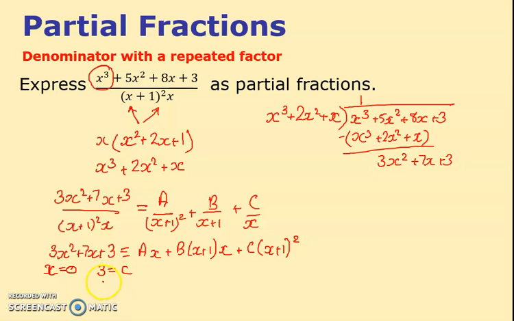Well, that was easy. If I say x is minus 1, then on the left hand side, I'll just put in my calculator. I get minus 1 equals, and on this side everything disappears apart from I get minus a. So a equals 1, and I'm going to need to pick another new value. I'm going to pick x is 2, since I've already used the 0. The 2 on the left hand side gives me 29, and that equals